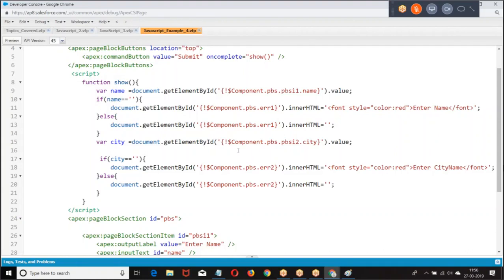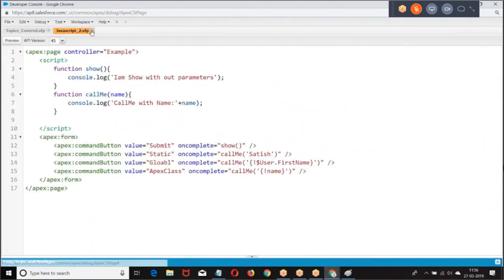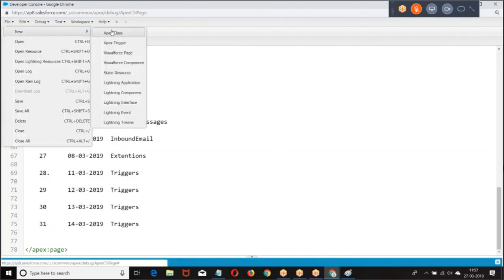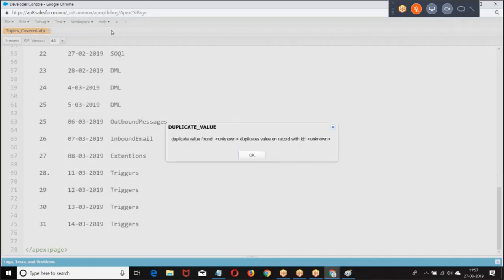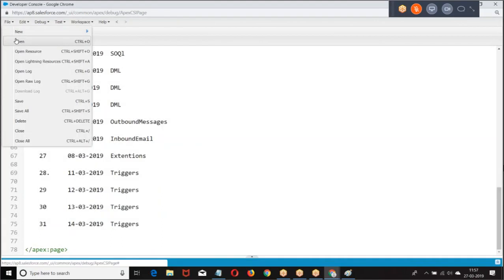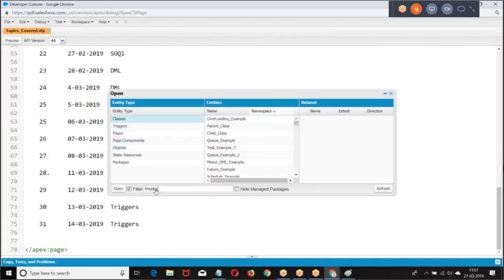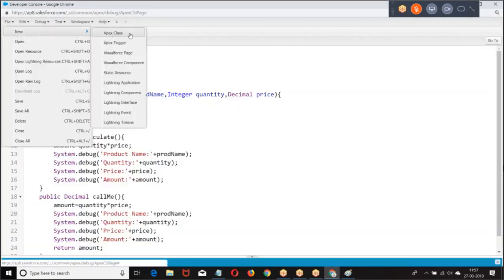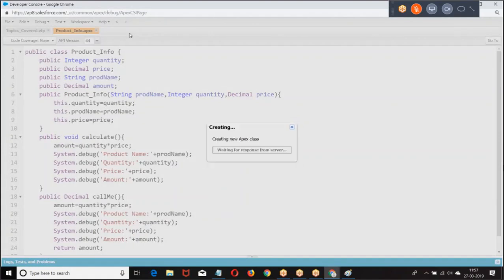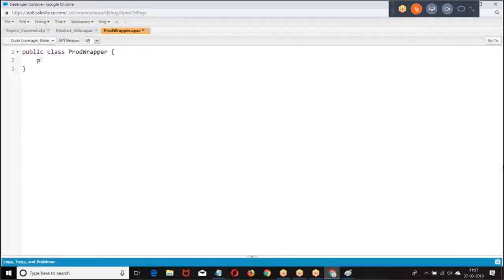Is this clear for everyone? Everyone followed? Component dot the remaining path of the element. Now, try to understand the next requirement. First, I will design the UI. Try to understand the UI first. Now I have a wrapper class.